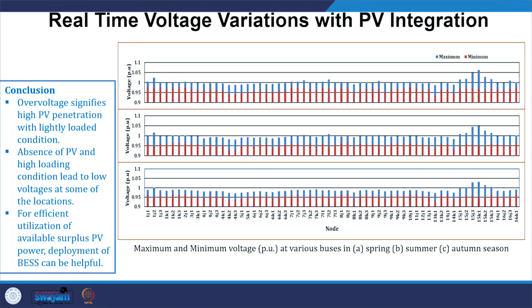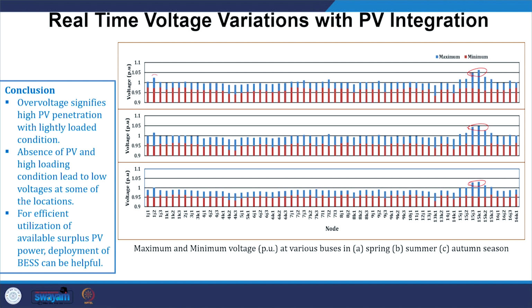And once you integrate PV to the network, you can also measure how the voltage is going to change over a period of time. So with different buses in spring, summer and autumn, you could see how the voltage profile keeps on changing. At these points you could see the voltage is significantly high, going beyond 1 per unit. That means the nearest substation must have a huge amount of PV integration,